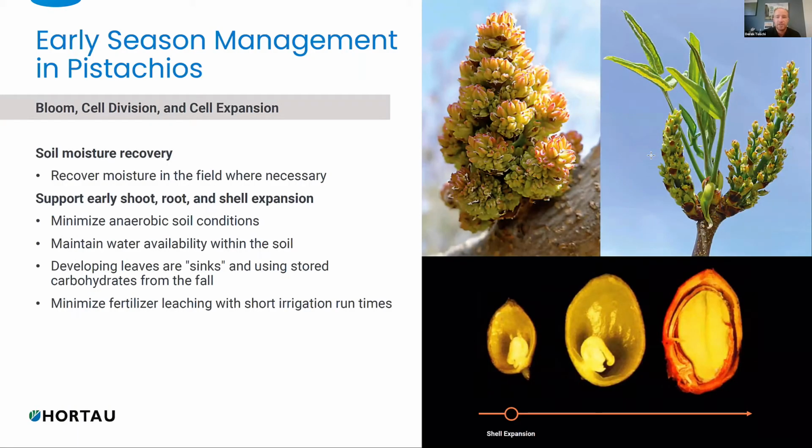Okay, going into this year in 2021, after a very dry winter, as a pistachio grower, you're looking to recover soil moisture in fields where necessary. And this is really to support early shoot and root development, as well as supporting early shell expansion. And so as a manager, you're looking to minimize anaerobic soil conditions, so minimizing the amount of saturated soil you have,